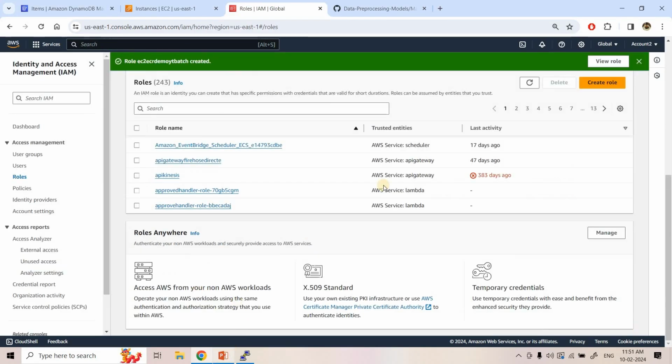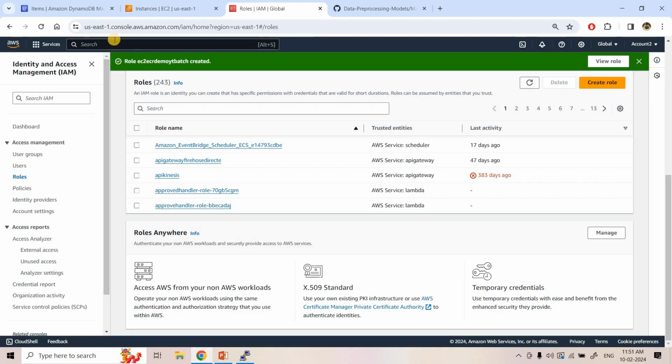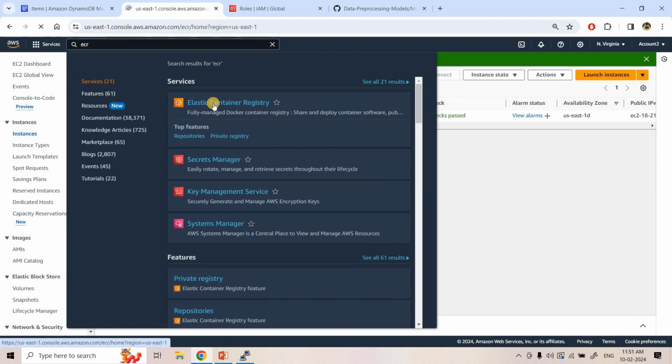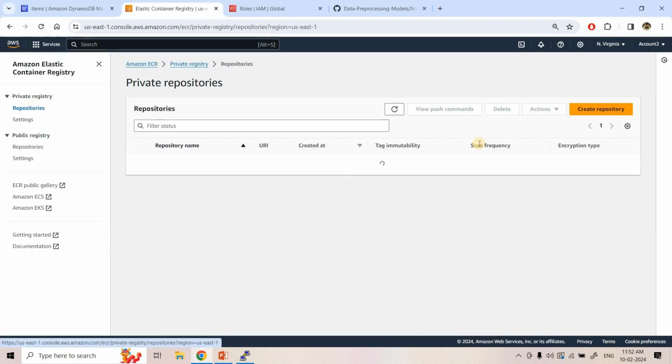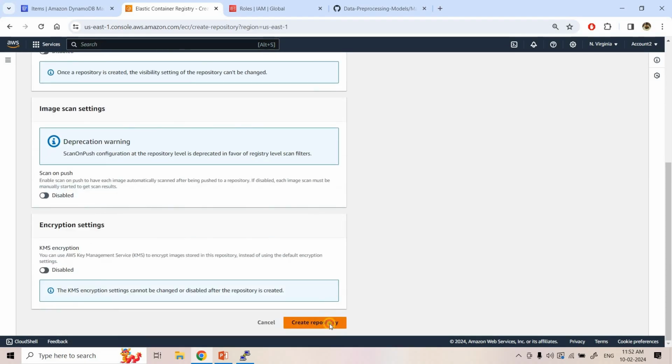Now what we will do, we will push this particular application in ECR, because to run any program in AWS Batch we should be providing the job definition where we can refer the image whatever is present in ECR, right? So first we will create our ECR image. Here the EC2 console is no longer needed. I can directly go to ECR, click on a private repository, create repository, demo yt batch job. Here I will create this particular private repo,